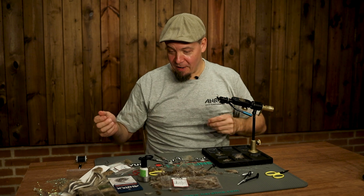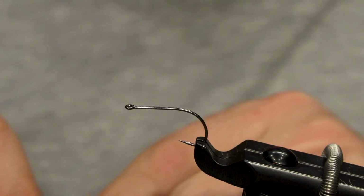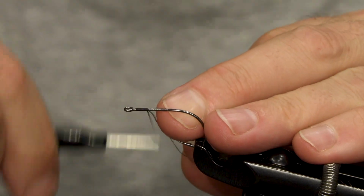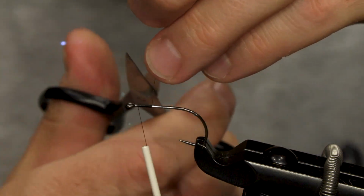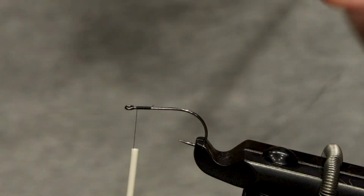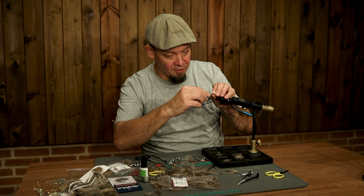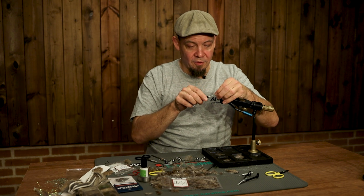So I'm going to start by adding one of these Ahrex light stinger hooks. This is a size 6. You can tie this in a size 8 as well, or even a 4, depending on the size of the small baitfish you have where you fish. The zonker strip really makes this fly come alive and work very well. So that is kind of the main thing here. I personally like zonker flies a lot because they are just amazing to look at in the water,